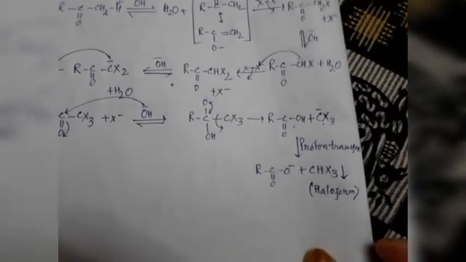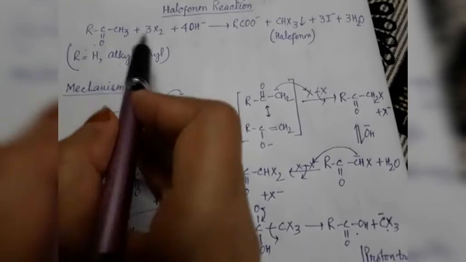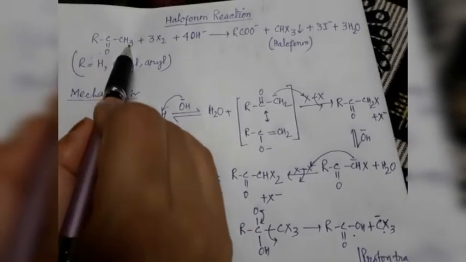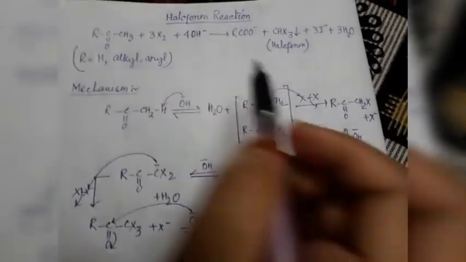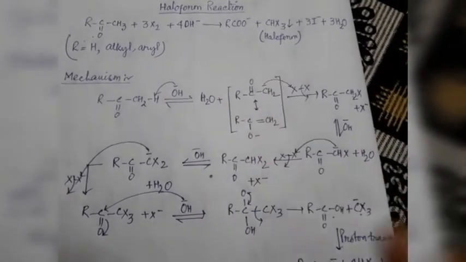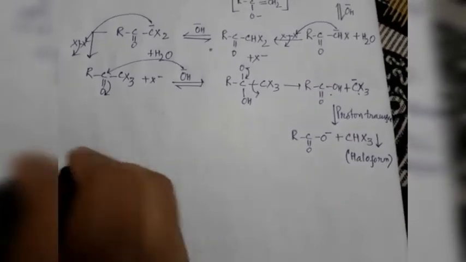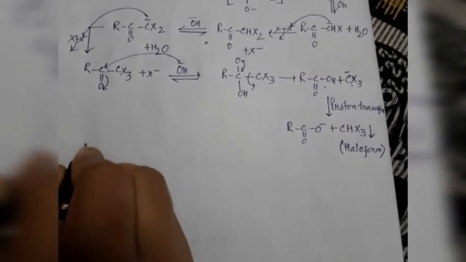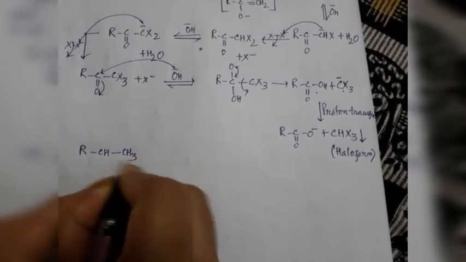If you use chlorine, it will be chloroform. In case of bromine, bromoform, and in case of iodine, we will have iodoform. In the first structure I told you that the presence of a ketomethyl group is necessary for the production of haloform. But there are compounds which show a positive iodoform or haloform test without the presence of a ketomethyl group, like